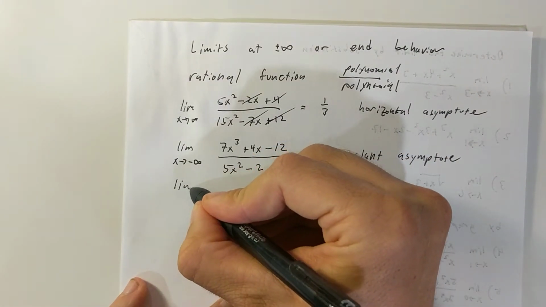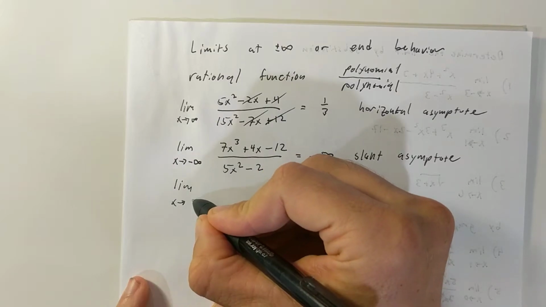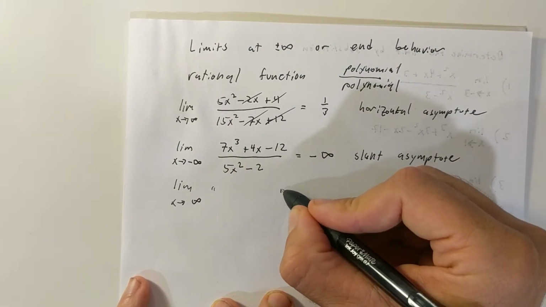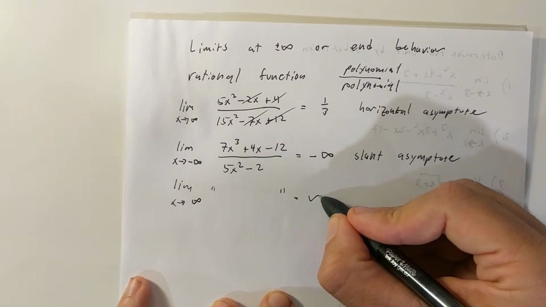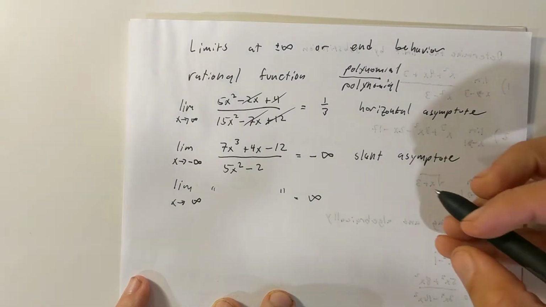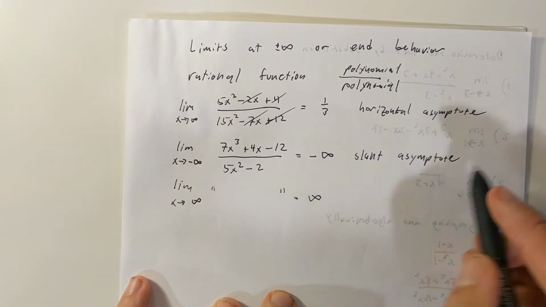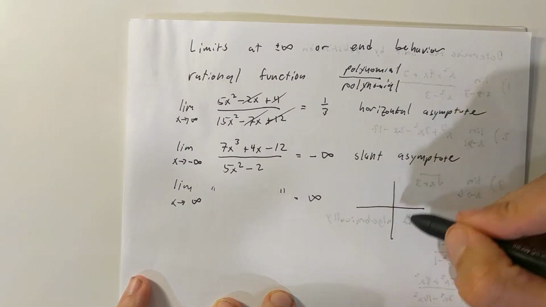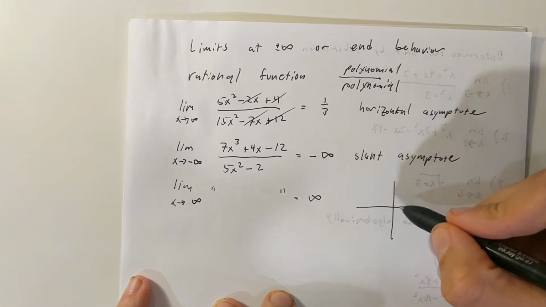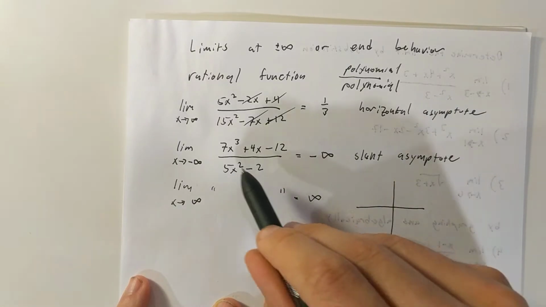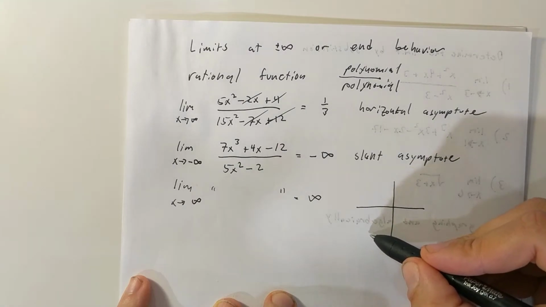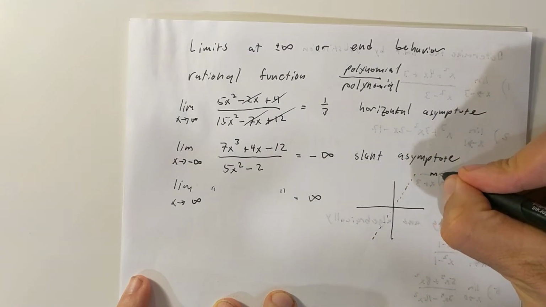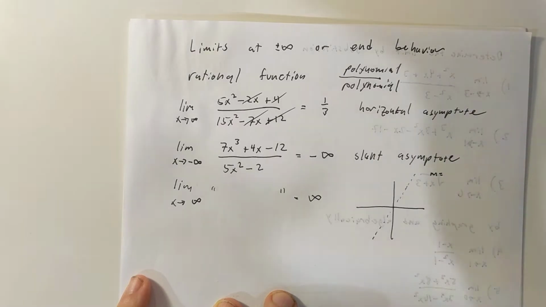If I wanted to do the exact same thing, but this time going to positive infinity, basically both the top and the bottom is going to be positive, and so it's going to go to infinity. The idea of a slant asymptote is basically, weird things can happen in here. Maybe you've got, in the middle, but basically what happens is you're going to have a dashed line that has a slope of